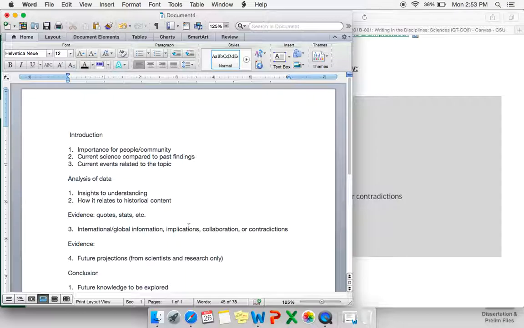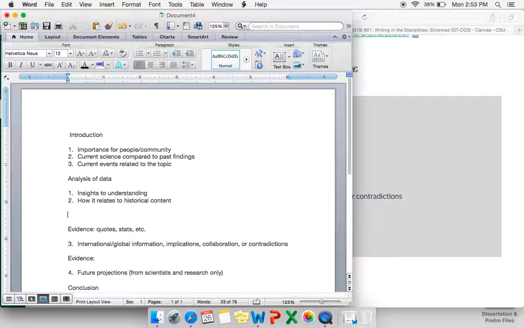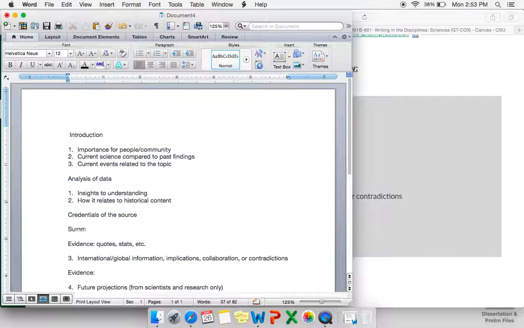And then also from your annotated bibliography, you will pull your credentials and the summary, because you have to provide this context before you introduce the quote, because readers want to know that this is a credible source. They want to see what the study was so that they understand, or can begin to understand, the results. So bringing that information in